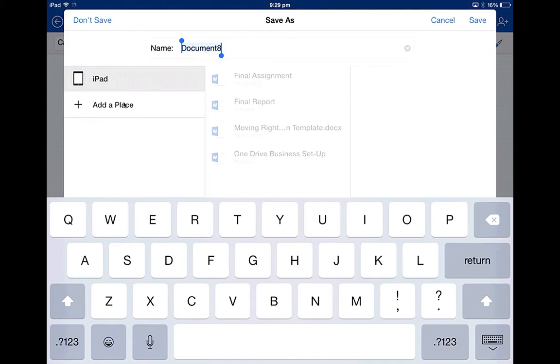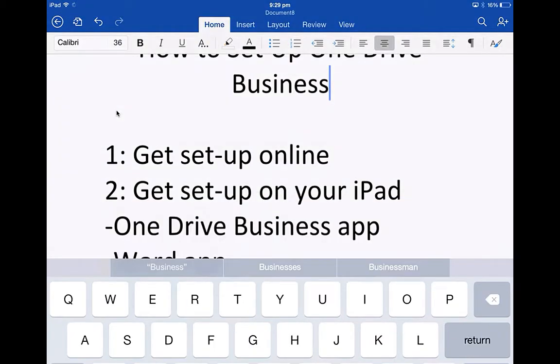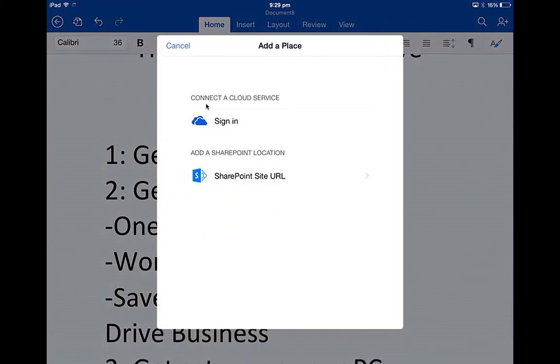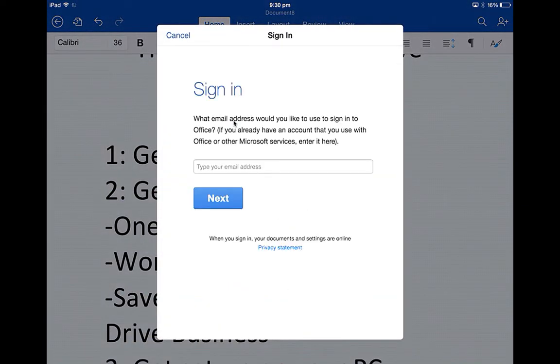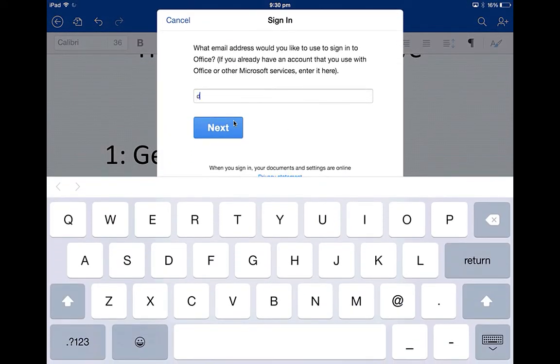So the OneDrive cloud. I'm going to click Add a Place. And it says connect to a cloud service. I'm going to connect to this one. I'm going to click Sign In. So I'm going to type in my email address, danielc@brisbane.coc.edu.au. Now, if you've already signed into a OneDrive account and it's not the OneDrive Business, you're going to have